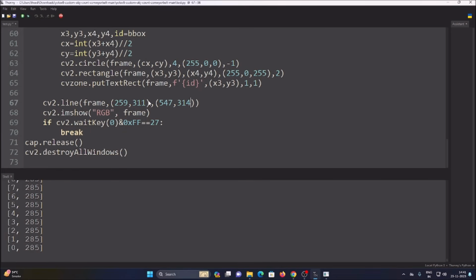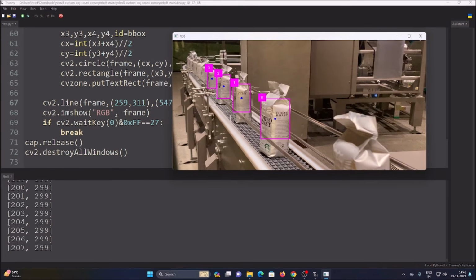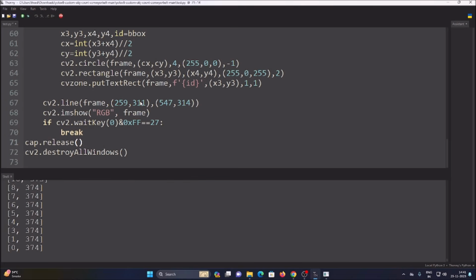Now, because this line is basically horizontal, we want to keep the y coordinate the same. If this y coordinate is 311, then this one also we want to mention 311. Done. Now we simply want to mention the color, so let's say 255, 255, 255, white color, and then the thickness we are going to mention as 2. So if I save the code and run the code,